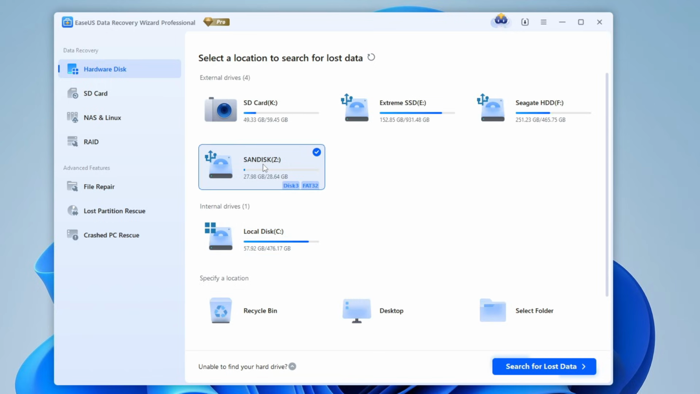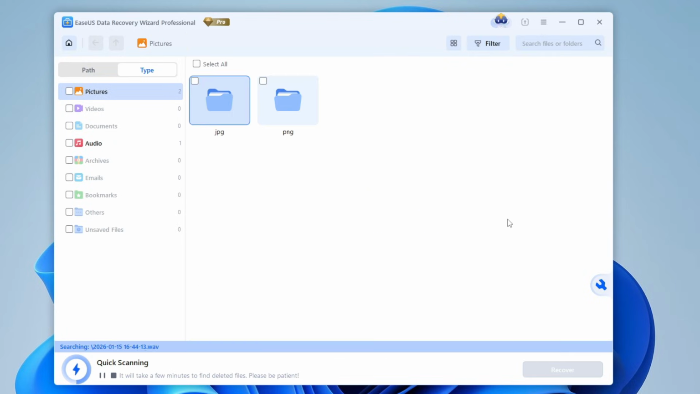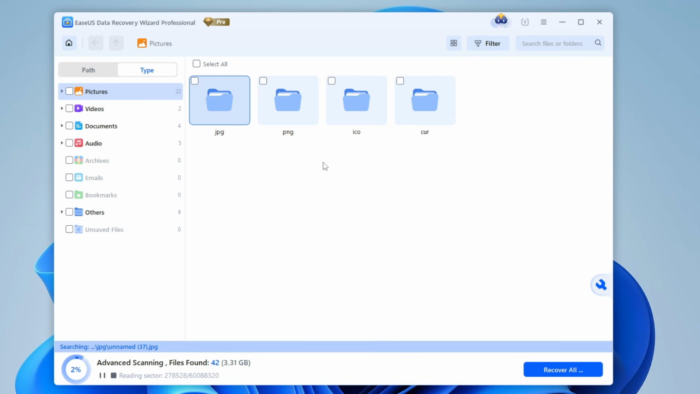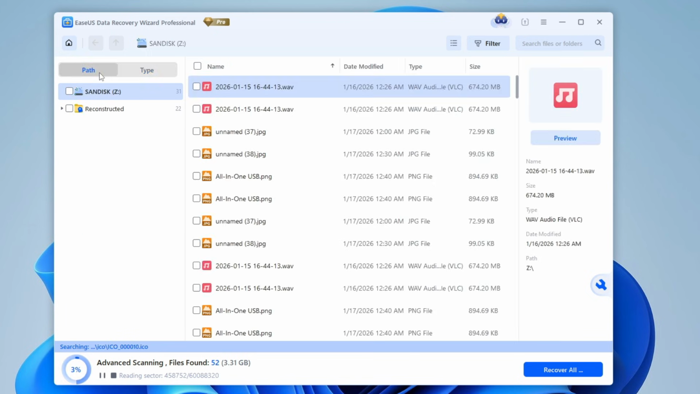And then I will click on search for lost data. The process of recovering the data will be started, and you can see the progress on the left hand corner. Quick scanning, it will show you all the detail of what kind of data has been recovered. On the left hand side, it gives you all the detail, like what kind of pictures, according to category wise. You can even have a preview while it's scanning the